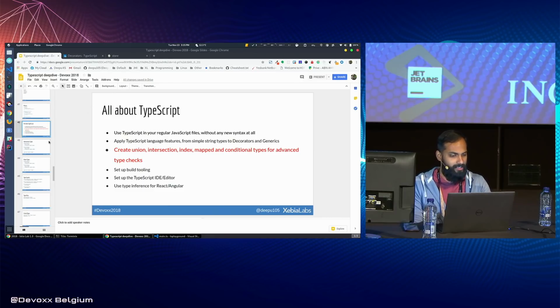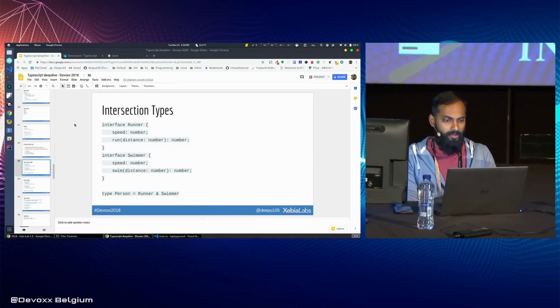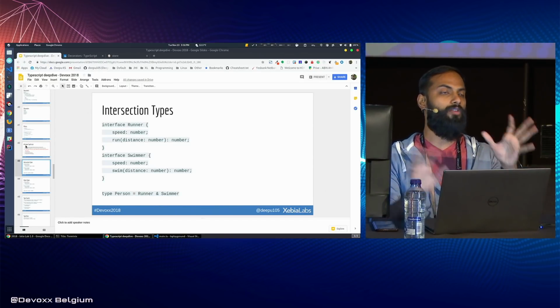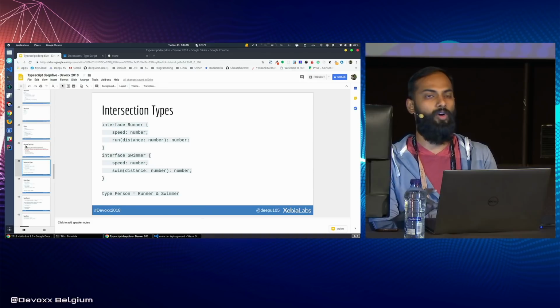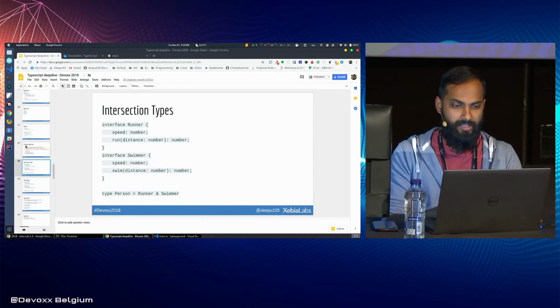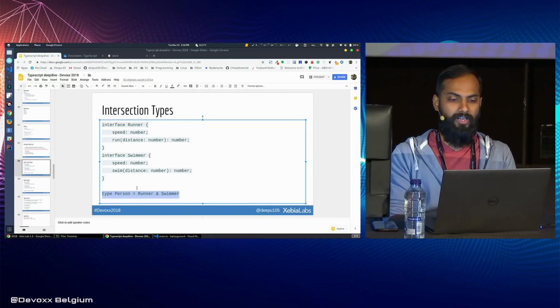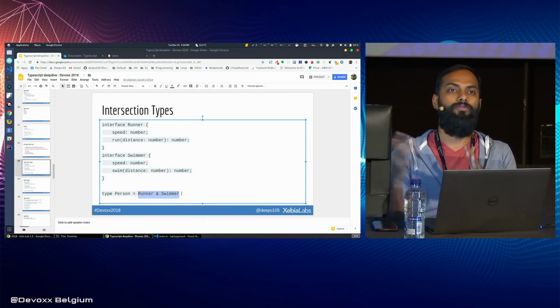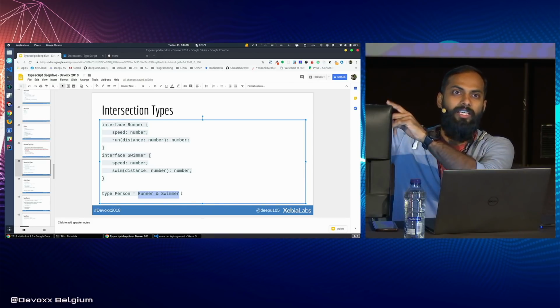Good. Okay, so we learned all about the basic types and all the language features. Now let's get into some real business with types, right? TypeScript provides a lot of interesting ways to compose types and to define very complex object models. One of the first things is intersection types, or from the definition, it's clearer. You can specify a type which is a combination of other types. You can have any number of them, you can keep ANDing them, like